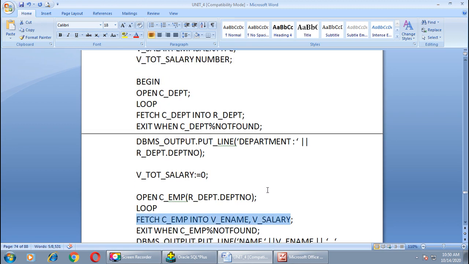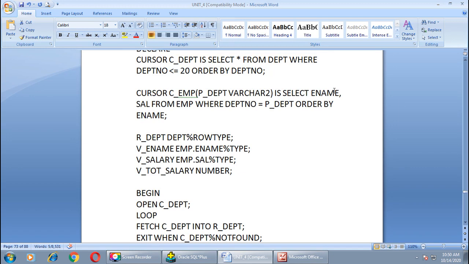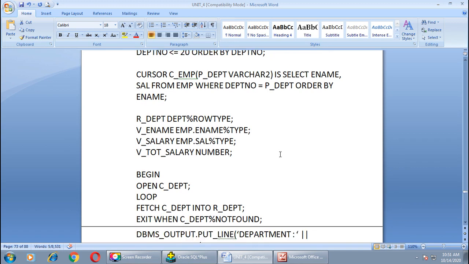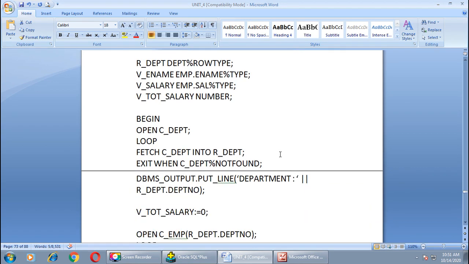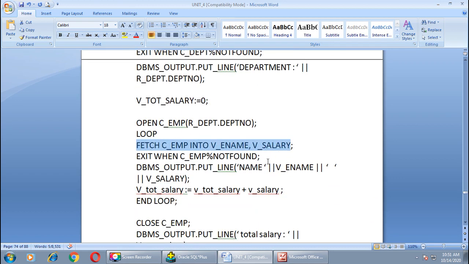When we execute the query, select ename and salary from employee where department number equals 10, during the first iteration we will get the values for department number 10, arranged in ascending order, and that we want to print over here. So we want to find the total salary.